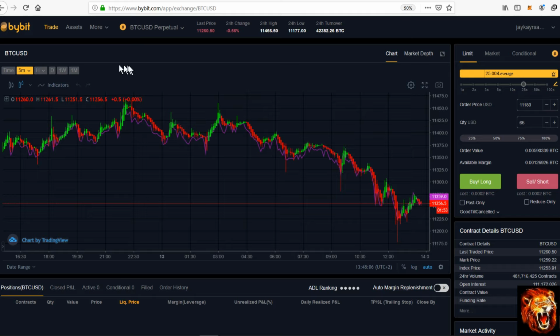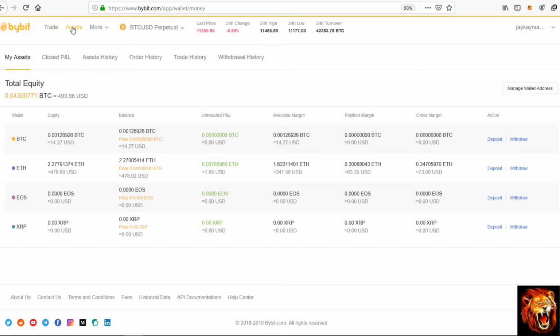Okay. Now, first step is for you to actually deposit some cryptocurrency before you can start trading. So at the top here, you'll see an icon called Assets. If you click on Assets, you get to a page that looks like this. Okay, these are the respective cryptocurrencies, and on the right hand side you can see where it says deposit and